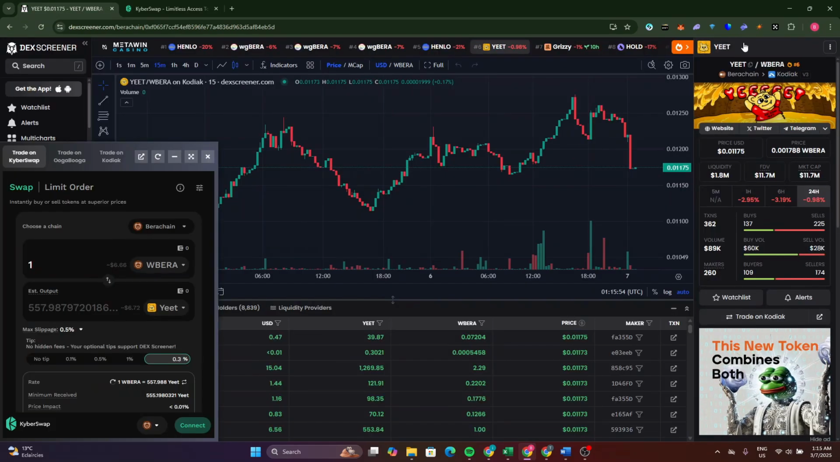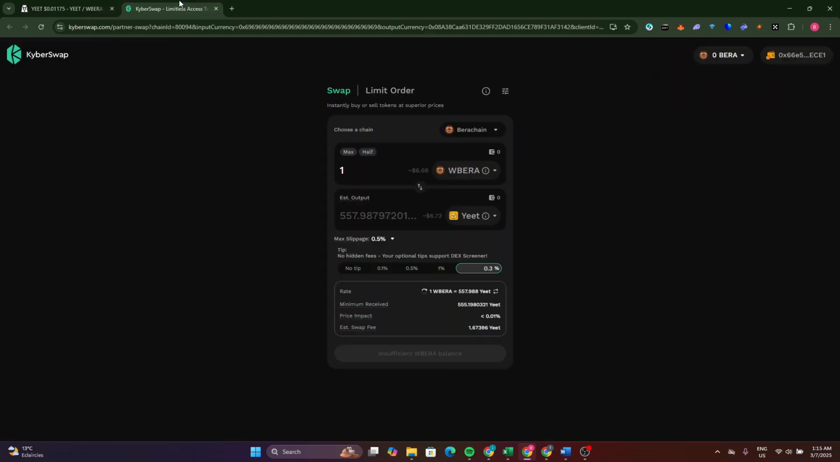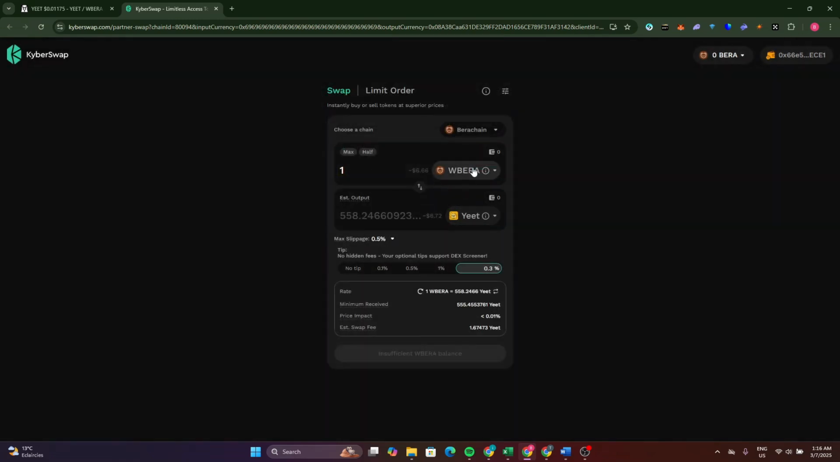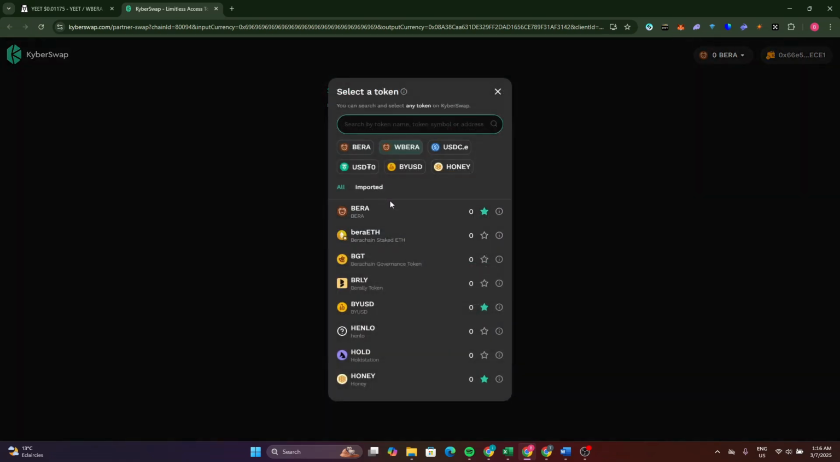Now after you connect your wallet, if you don't see the token here, go back to the screener and try to copy it again from here. Now go back and click here, as you can see. Now paste the token like this here and click on import. So after that, select the token that you want to buy, for example, Bera, and